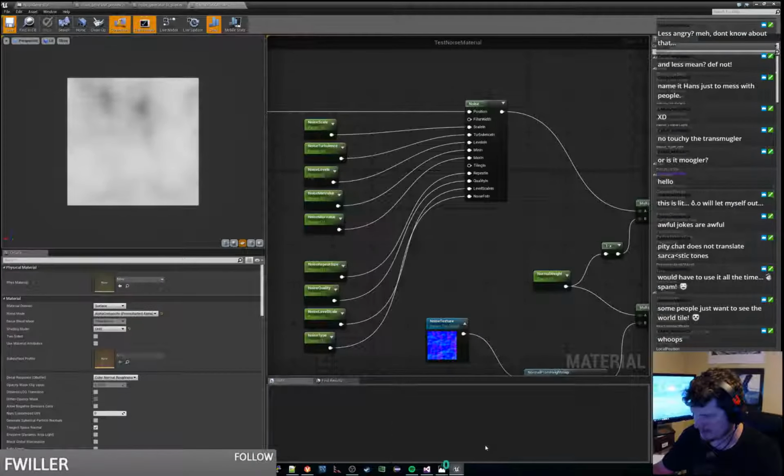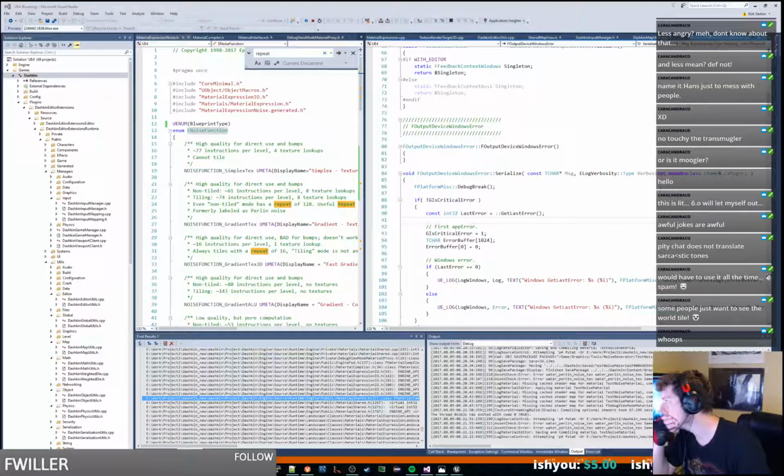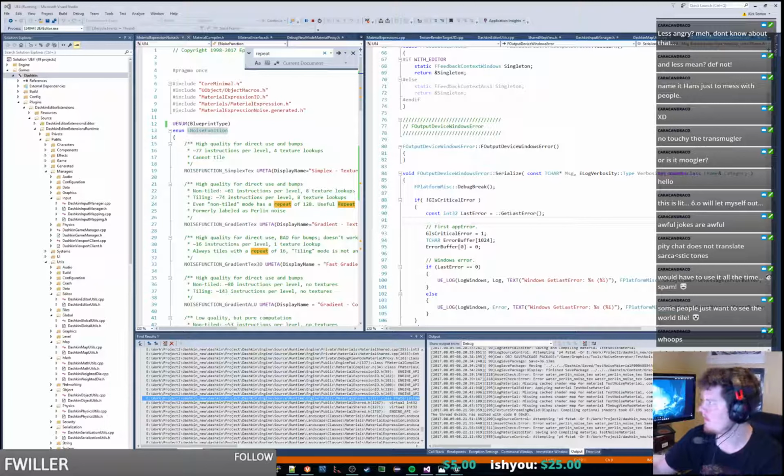And it's just a little bit slow doing its thing here. Just that one shader compiler. Just plugging away. Alright, so